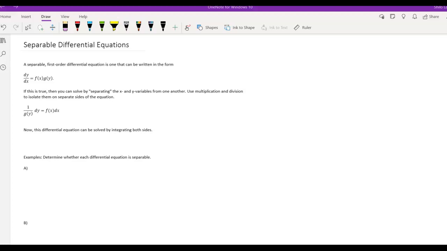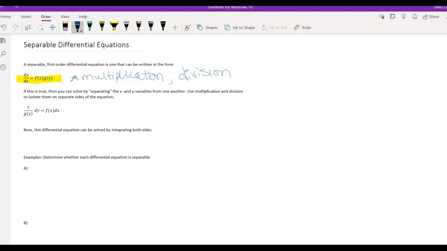In this video, we're going to learn about separable differential equations. A separable first-order differential equation is one that can be written in the form dy over dx is equal to f of x times g of y. And it is important to note that that relationship there is multiplication, but multiplication can be transformed into division and vice versa. So it is also possible that you would see division here,